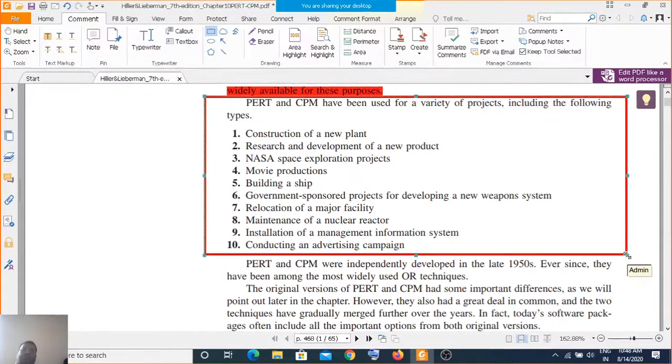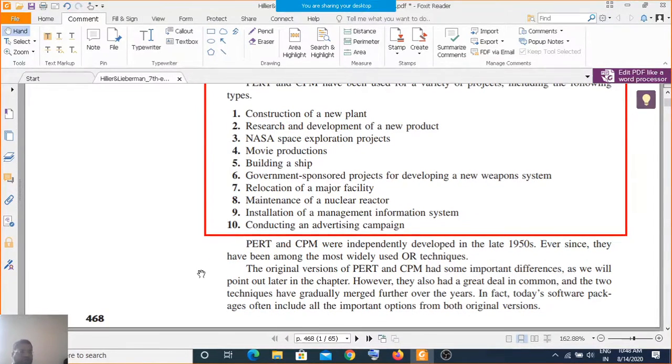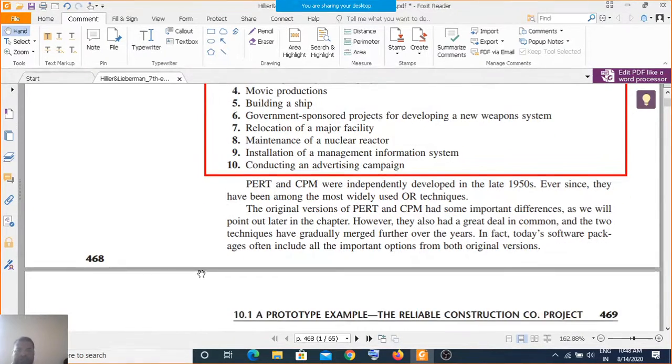PERT and CPM can be used for many things like construction of new plants, research and development, NASA space exploration projects, building ships, government sponsored projects, and others. PERT and CPM were independently developed in the late 1950s, which we already discussed in yesterday's lecture.